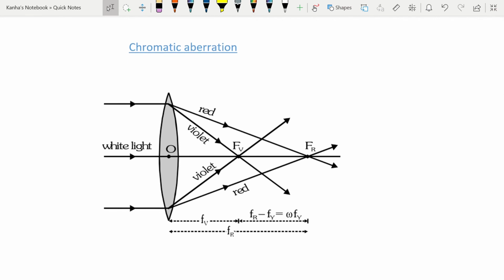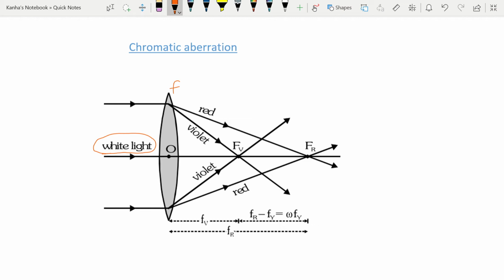What does this say? It says that first of all, the image of the object in white light formed by a lens, so here a white light is coming in instead of a normal monochromatic ray that generally comes in, is usually colored and blurred. This defect of the image is known as chromatic aberration, and it arises due to the fact that the focal length of this lens is different for different colors,